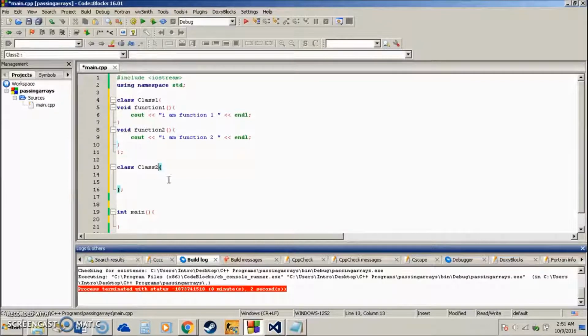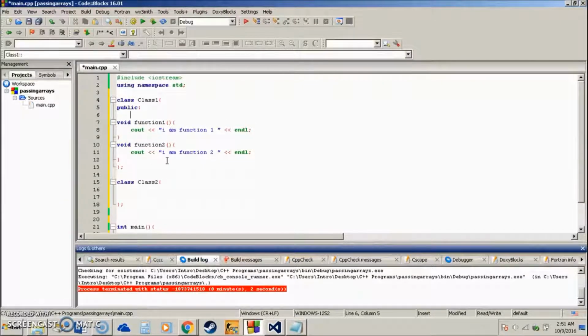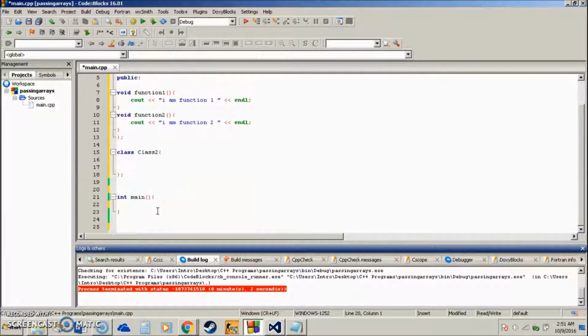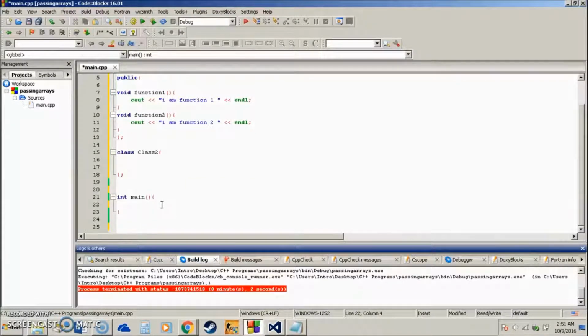So basically what we're going to do for inheritance is, for this class, oh, forgot to add the public. So for this class we have 2 functions, function 1 and function 2. And they will just simply print out I'm function 1 and I'm function 2. And we have a class number 2, and this has nothing in it. So what we're going to do is create an object for class 1